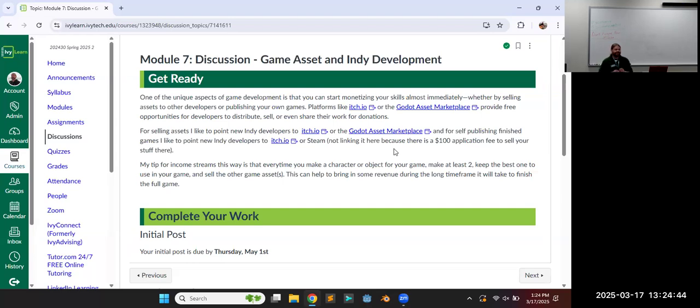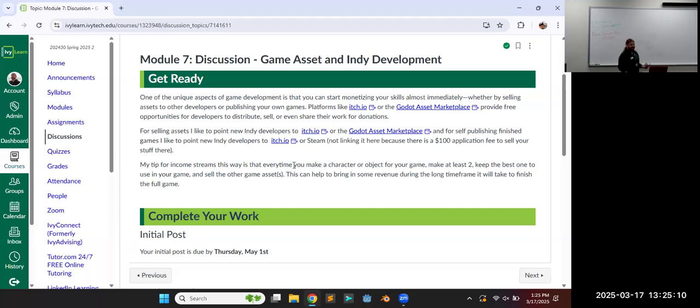And from my personal experience and other people I've talked to, the donate button seems to bring in a lot more money than a price tag these days. But on this discussion board, you'll take one of those graphics assignments and get all the way up to where you need to hit the publish button. You can hit the publish button and put it out there for sale, but get up to that last step